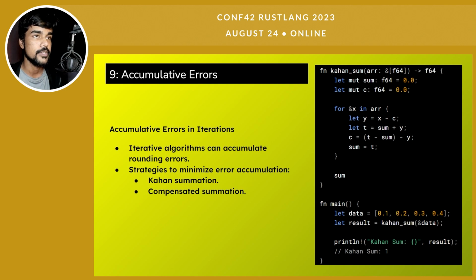The code shown on your slides is a Kahan's summation example. It takes in an array of floating point numbers, which is a series of floating point numbers, and the output might not be the naive one, but since we are using Kahan's summation algorithm, we get a definitive result here. So you can use Kahan's summation as well if you're dealing with some kind of iterative algorithm which does a calculation with floating point numbers. Could be recursive as well.